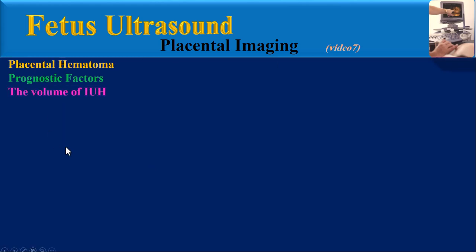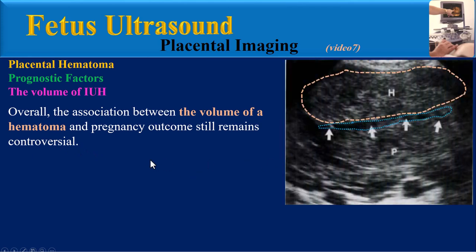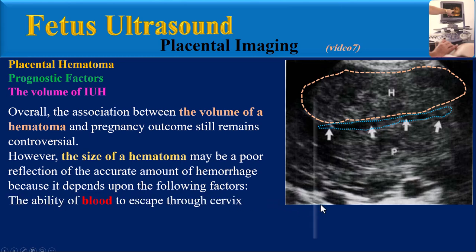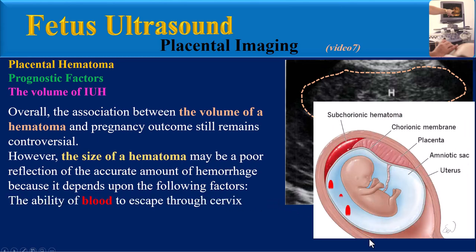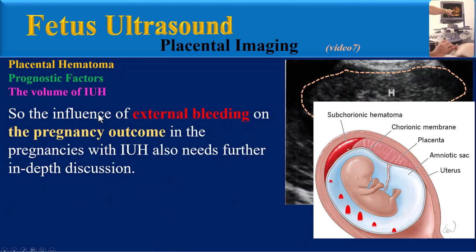At first, the volume of intrauterine hematoma. Overall, the association between the volume of the hematoma and pregnancy outcome still remains controversial. However, the size of a hematoma may be a poor reflection of the accurate amount of hemorrhage because it depends upon the following factors: the ability of blood to escape through the cervix, the rate of intrauterine bleeding, and the time between the acute hemorrhage and the ultrasound scan. So, the influence of external bleeding on the pregnancy outcome in the pregnancies with intrauterine hematoma also needs further in-depth